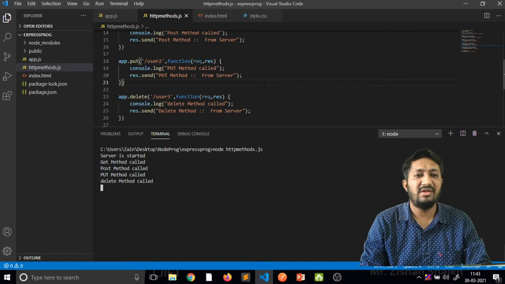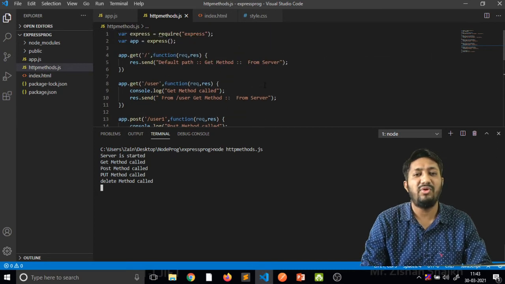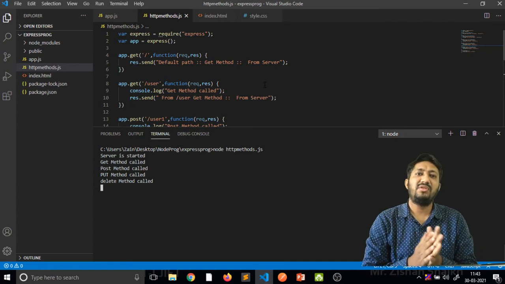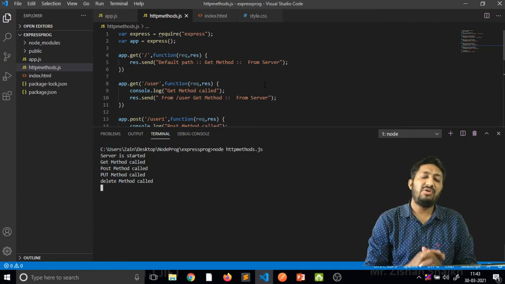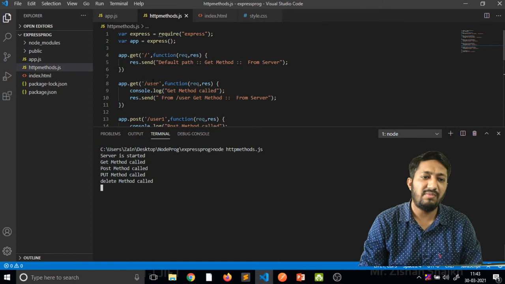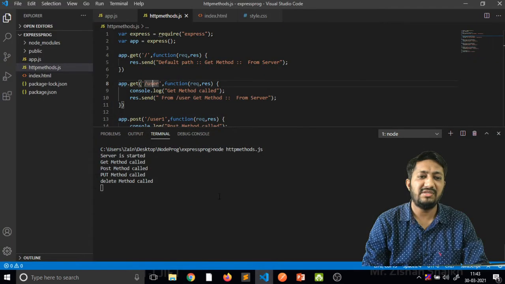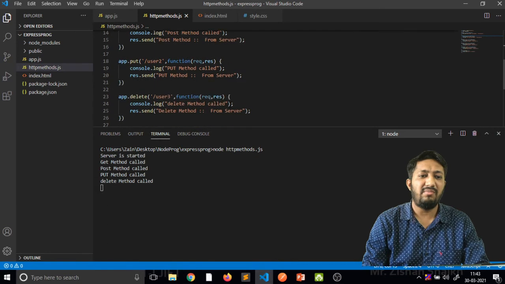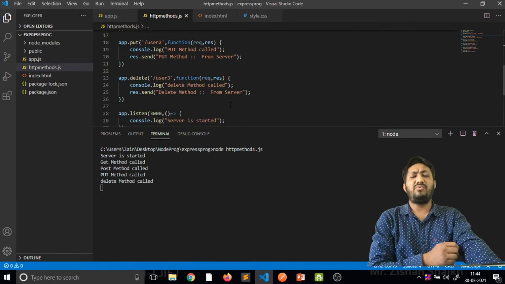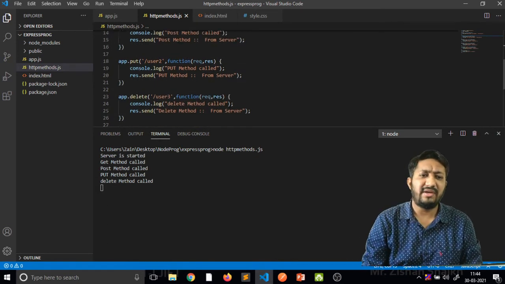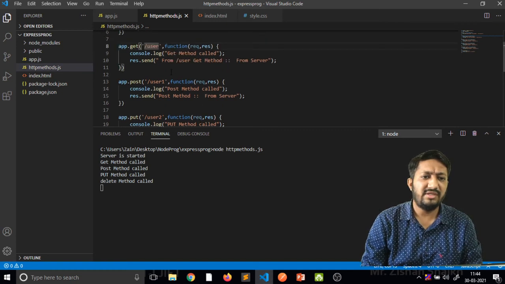So these are the basic methods of HTTP, and this is how the request and response come. In static basic routing, you have to mention first the path from where your data is coming, and the same data will come from your URL bar. So this is the basic idea of your particular method. Now suppose what happens exactly if I want to change this path name.